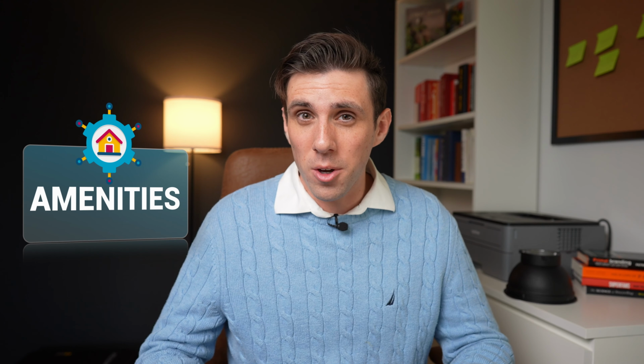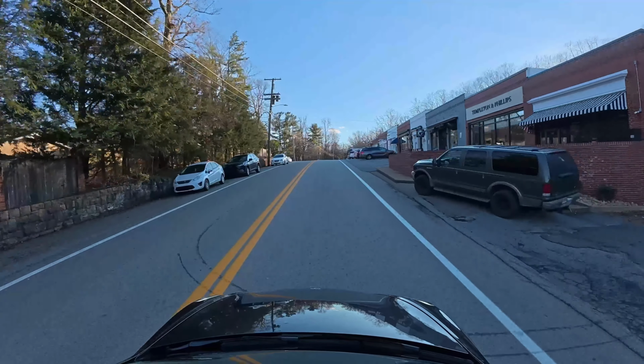Real estate on Lookout Mountain itself is pretty valuable. That being the case, there are not many commercial amenities up there. In terms of healthcare, there is an Erlanger primary care location on Lookout Mountain itself. So if you live up there and you need a primary care physician, that could be an option. There are a few restaurants on Lookout Mountain, and there is a small convenience store, but for the most part, your higher end restaurants and your places to go shop for groceries are going to be at the base of